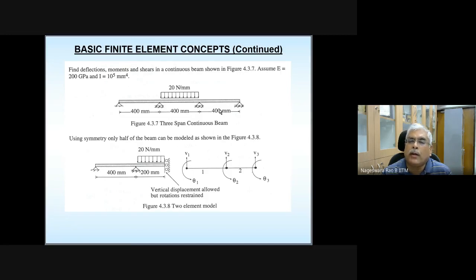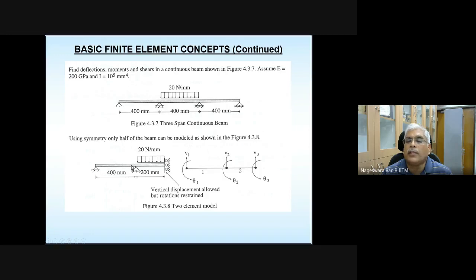And again, I don't want to repeat all the asymmetry issues and other things. This problem, looking at the way the load is applied and where the spans are located, it's a symmetric problem. And symmetric point is going to be middle of mid span. And the boundary conditions at the symmetric point are going to be same as what we discussed for point load. So same discretization is used, 2 elements.